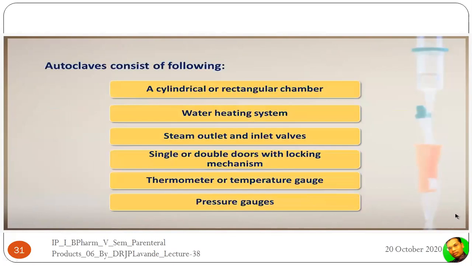The autoclave consists of different parts, like the cylindrical vessel or rectangular chamber. It consists of a heating system, that is, heaters provided at its base. Then there is a steam outlet and steam inlet valve. Then there is a single or double door locking mechanism. It is associated with a thermometer or temperature gauge to measure the inside temperature. And there is a pressure gauge which ensures the pressure of the required value, like 15 pounds in